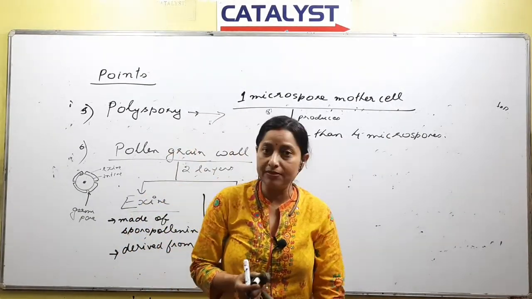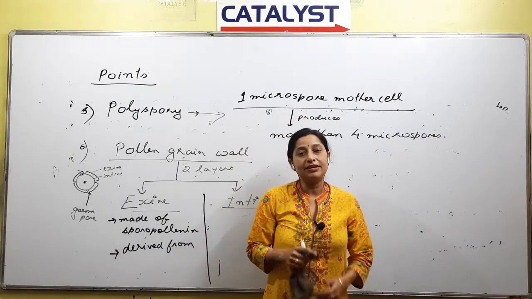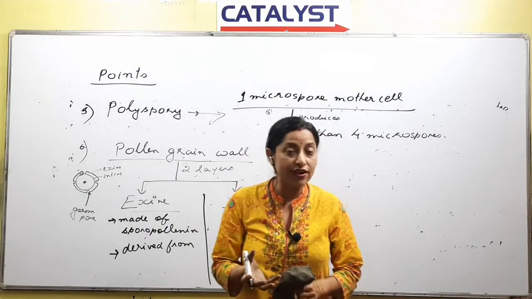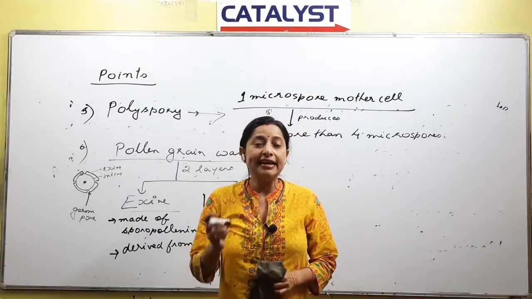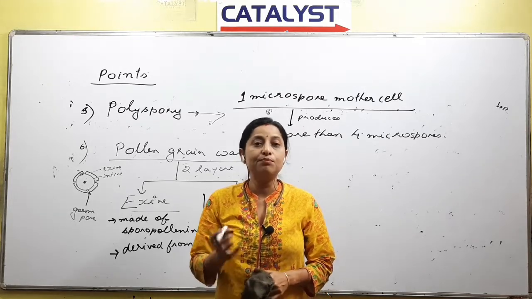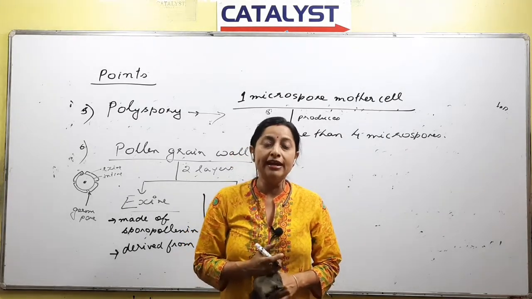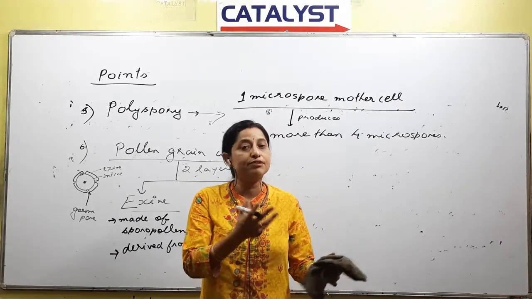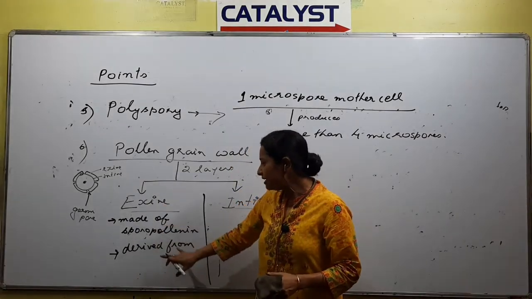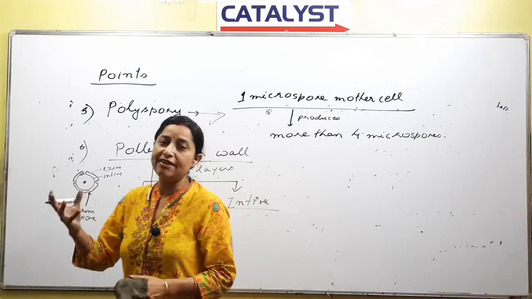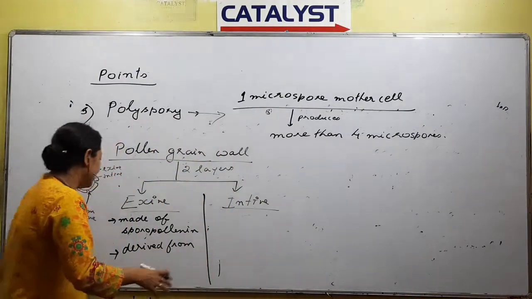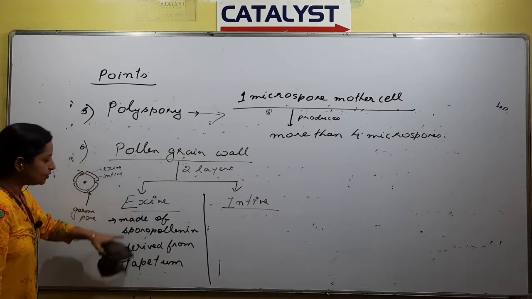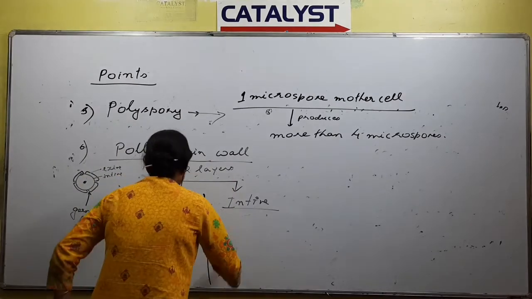What we remember about tapetum is that it provides nourishment to the developing pollen grains. But at that time I said that, as far as the tapetal cells are concerned, they do not only provide nourishment; some cells of the tapetum also secrete certain substances, for example sporopollenin. So exine is made of sporopollenin. From that point we have an idea of who synthesizes the exine. It is derived from the tapetum. So that is the answer, okay? Next is talking about intine.